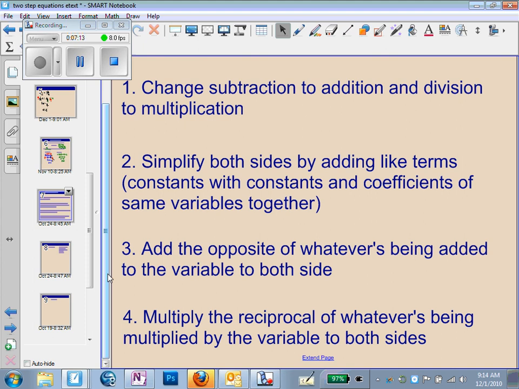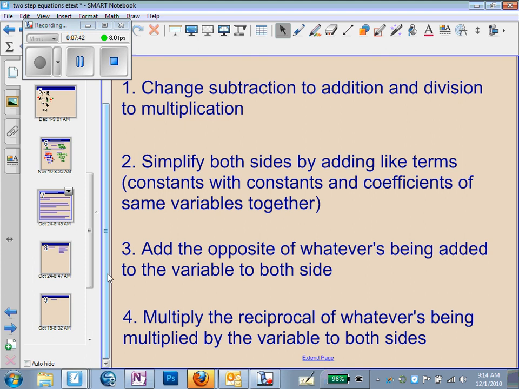you're going to simplify both sides by adding like terms. Adding like terms is where you add the constants together on one side. If you have some constants on one side, you add those together. And if you have some coefficients with variables that are the same on one side of the equation, you add those together. So once you have rewritten your problem if you need to, simplify both sides if you need to,